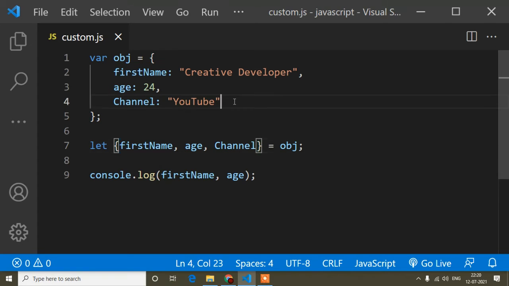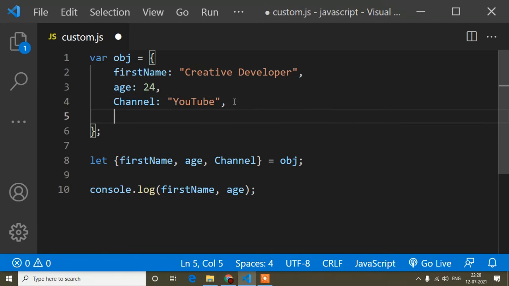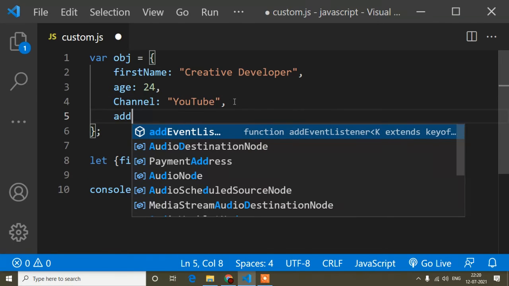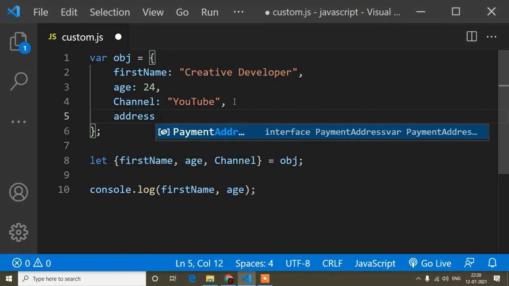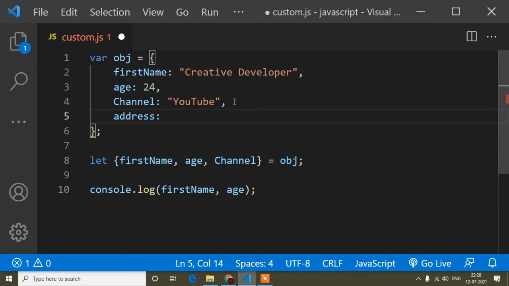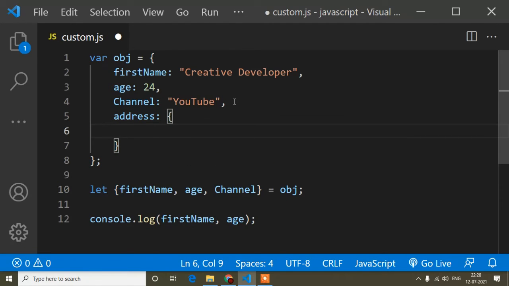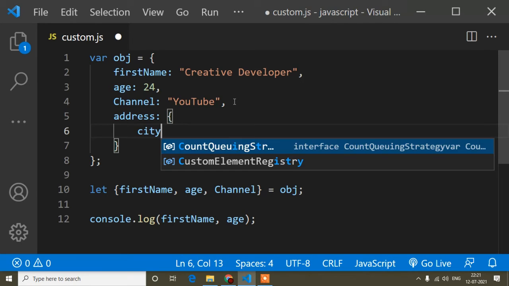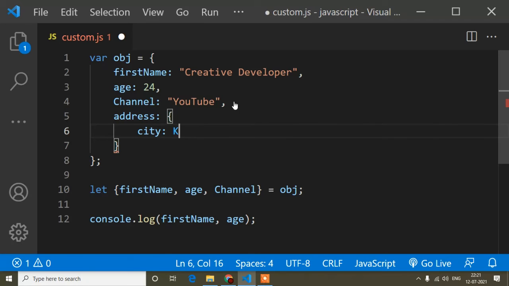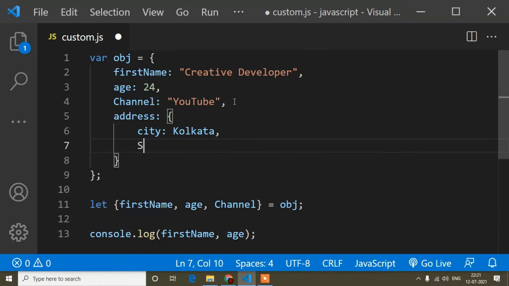Now guys, suppose there is a nested object. Here I will write address, and in this address there is another object, with city, which I can write as Kolkata.